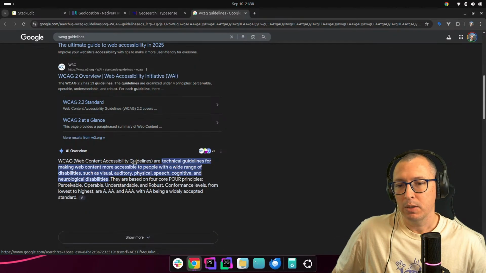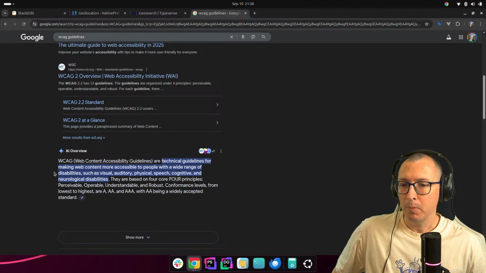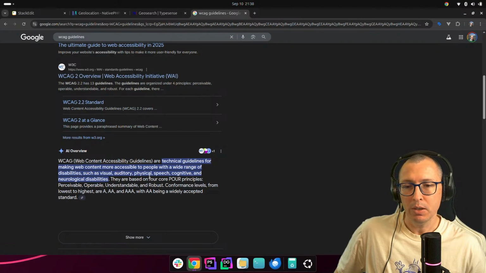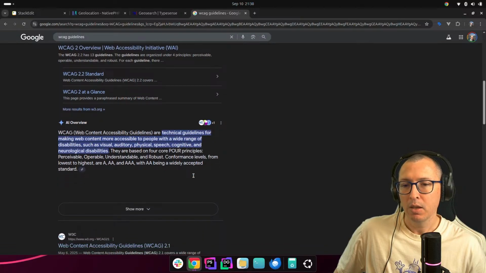Web content accessibility guidelines are technical guidelines for making web content more accessible to people with a wide range of disabilities, such as visual, auditory, physical, speech, cognitive.